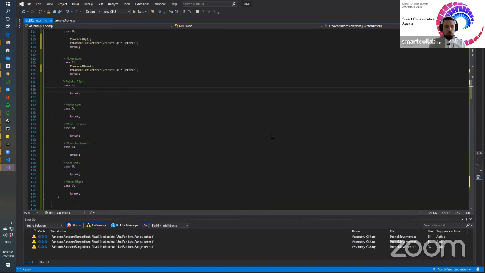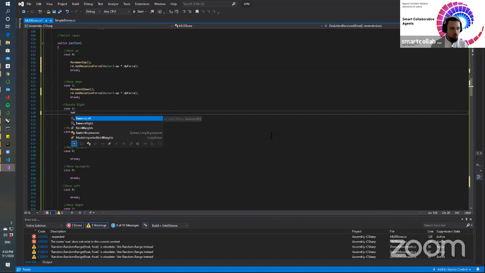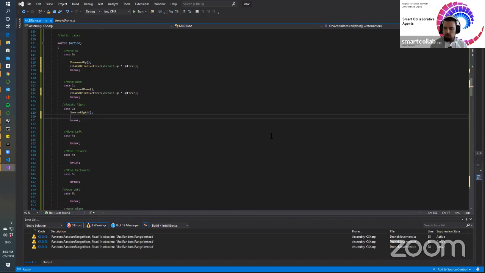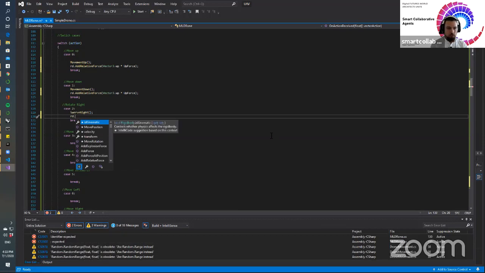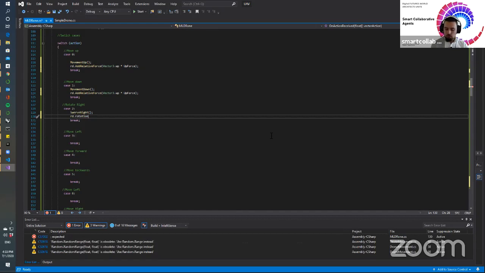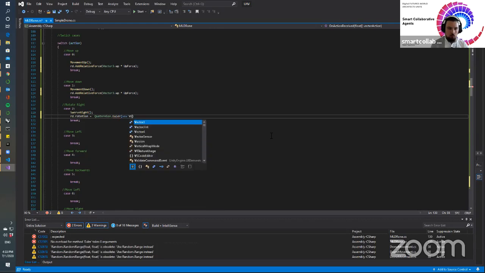Movement or swerve right, actually. We can do swerve right. And here we want to modify the rotation, add it to the rotation, RD that rotation equals quaternion, not identities, we need Euler, and we need here new vector 3,